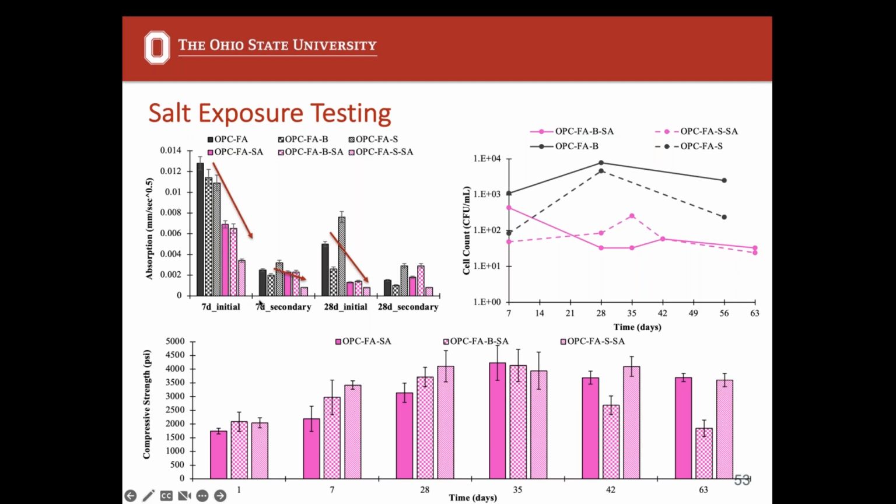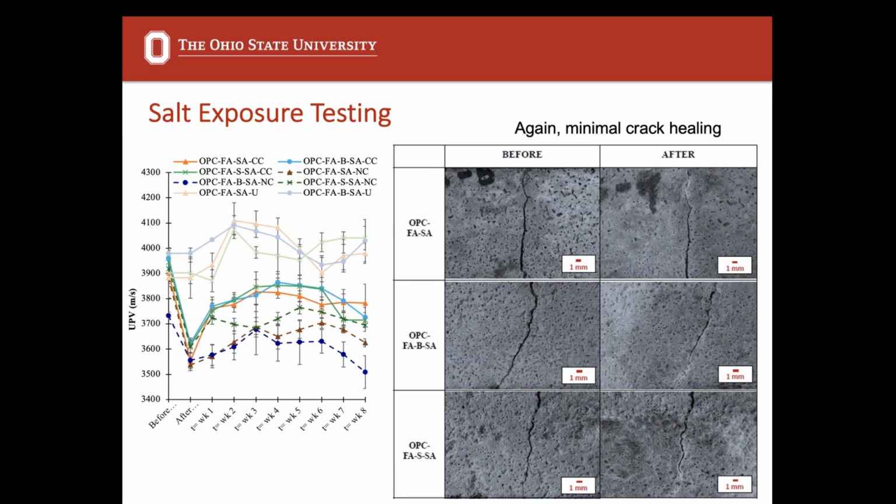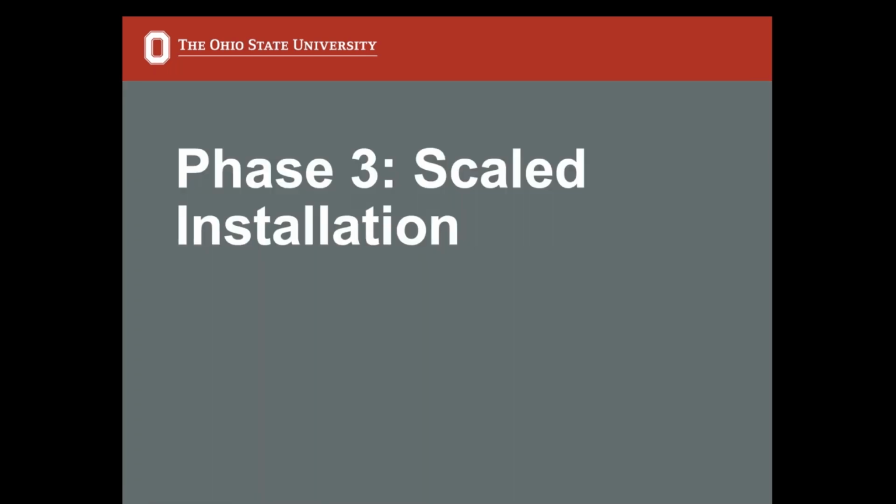So it's likely that this drop in absorption is due to crystallization of salt within the pores, not due to the bacteria doing anything to improve it. And kind of along those lines, we saw a drop in strength over time in the bacterial samples, or a maintenance of strength in the soil sample. And again, minimal crack healing in all of the samples. So overall, it looks like we need more work to understand the effect of temperature on bacteria and how to mitigate that, how to prolong the life of the bacteria when it's exposed to